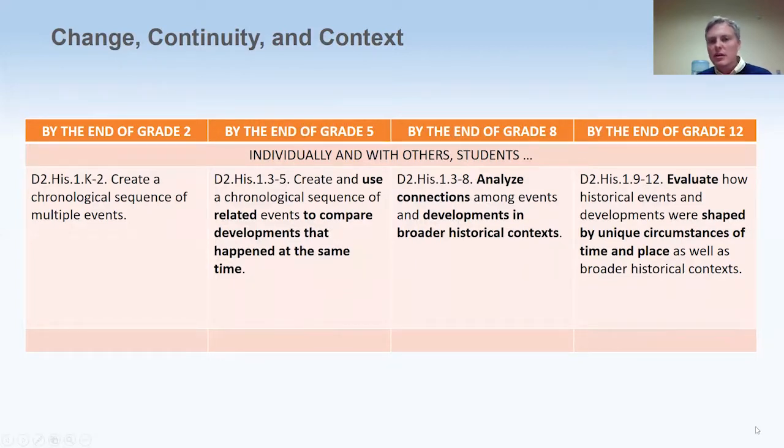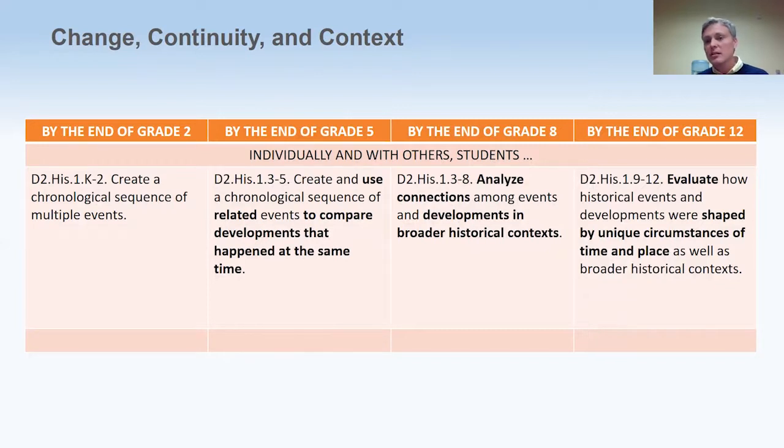And so it starts with, in lower elementary, students learning how to sequence events and understand first came this, second came that. And then moving into, by the end of 5th grade, where your students are at, being able to not just sequence events, but sequence events that are related to each other. So making that determination of whether or not things have some relation, some causation, cause effect relation to each other, and to look at things that happened at the same point in history, and make comparisons about two things or multiple things that may have happened at the same point in history.